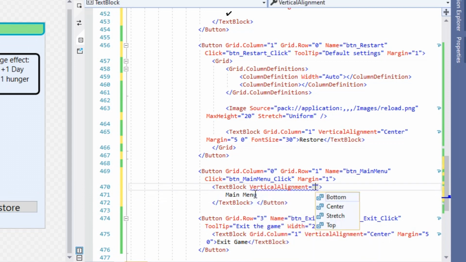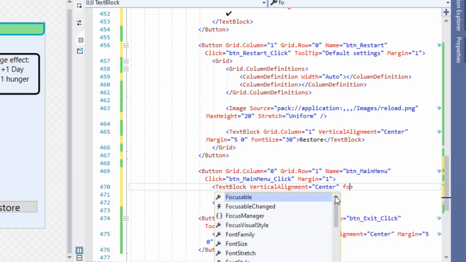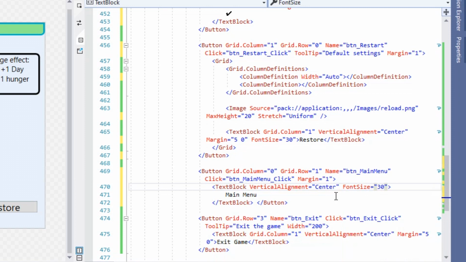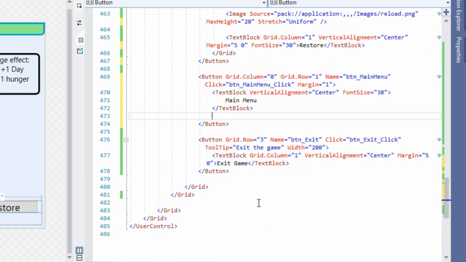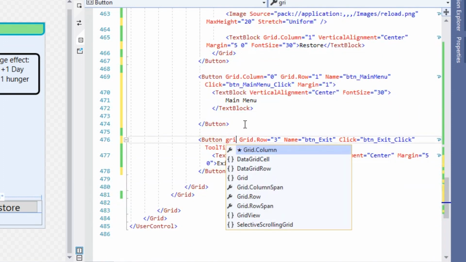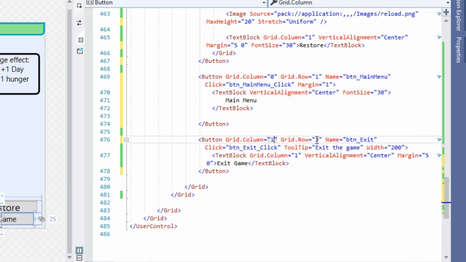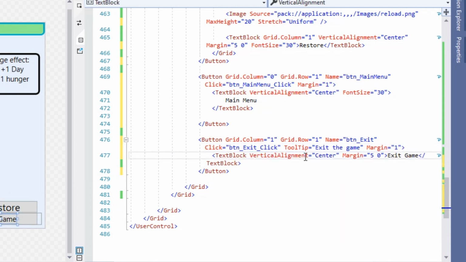Set its vertical alignment to center and font size to 30. And our last button will be in bottom right corner, grid row 1. Remove the width and set margin to 1. The text block doesn't need a grid column as well as margin. Instead we will increase font size to again 30.